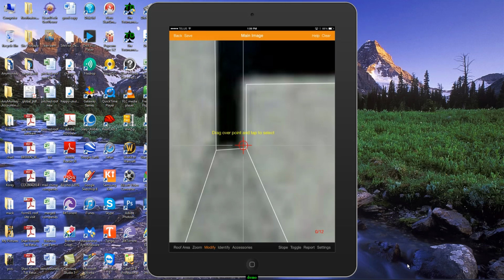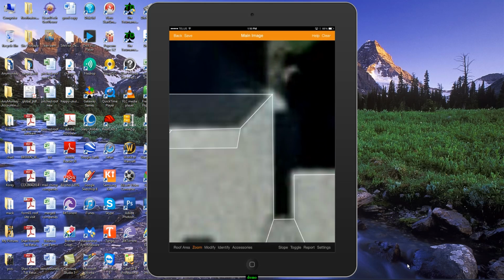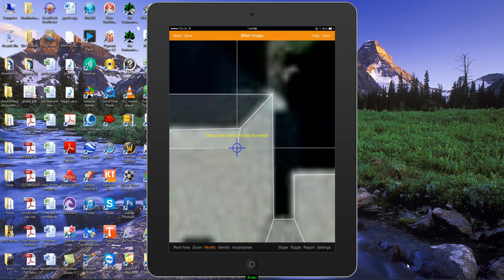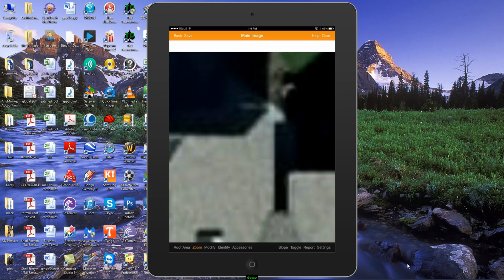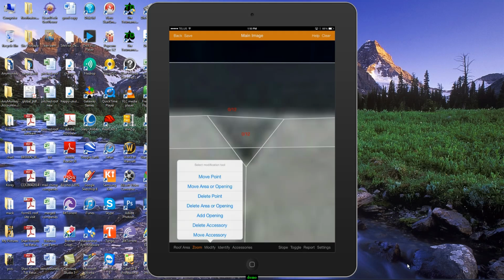Typically, I like to make them look as square and proper as possible. But again, it's just a personal preference thing. It's not really a necessity. I'm just going to clean this guy up a little. And you see, I just kind of zoom in, zoom out, just to kind of get